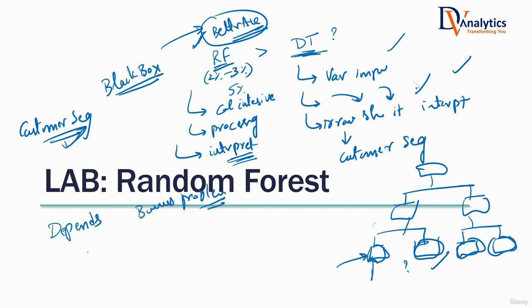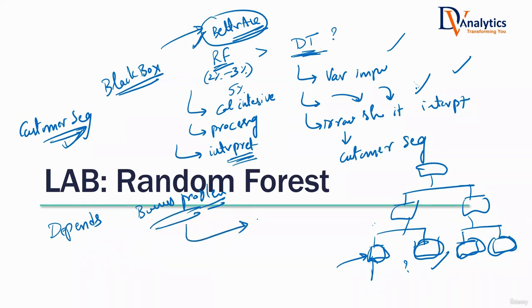What is the myth that is running outside? People think that which algorithm to choose depends on the data type. Have you seen these kinds of lectures? Some people will say, if the data type is numeric, go for this algorithm. If it is categorical, go for this. Does it really depend on data type? Not really. You have to solve a business problem. Whichever is the best suitable for that business problem, you go with that.